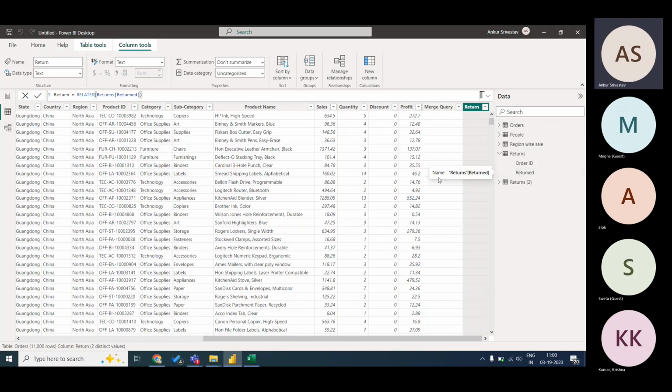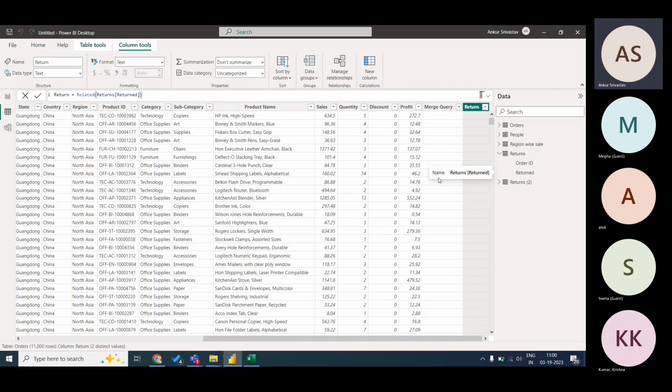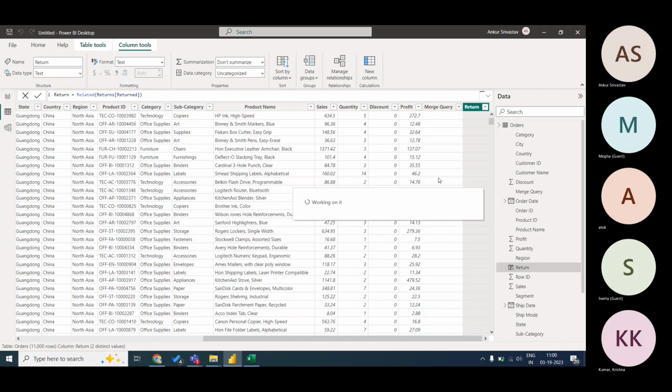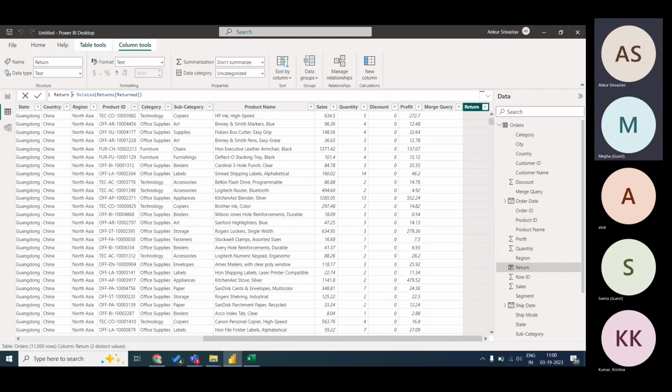I did not write it. See, related, comma, and it's showing what you want to know. I just want to know return. I'm just putting my cursor here and pressing enter. And now close the bracket. Your data is here. This is the column name. If I just want to know returned item,